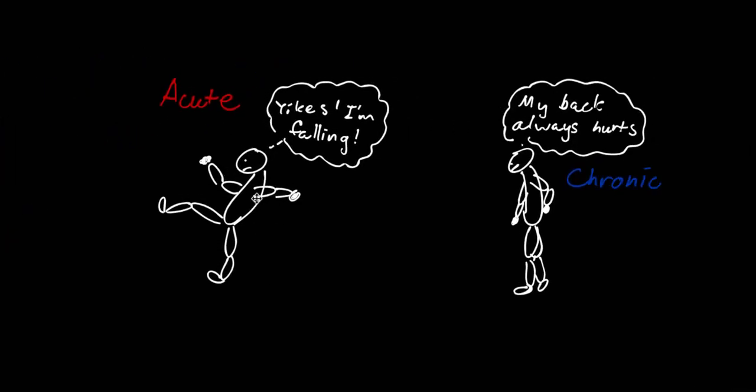So let's say this person's walking along and then, oh no, he slips and falls. So the fall is, let's say he hurts his back. So this person just has an acute injury. There's before the slip, there's the slip, the one-time event, and then afterward it hurts. And hopefully it gets better.